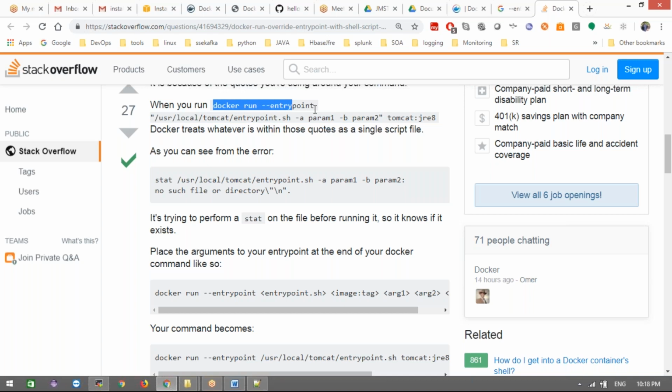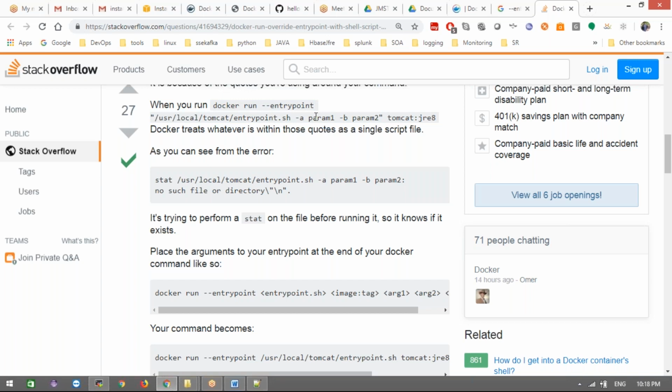In an interview they will cross question: are you sure, we can't override the entry point? Yes, we can override. How? We need to specify the complete command. It's not just the parameters. We need the complete command instruction, with hyphen entry point and then parameters.